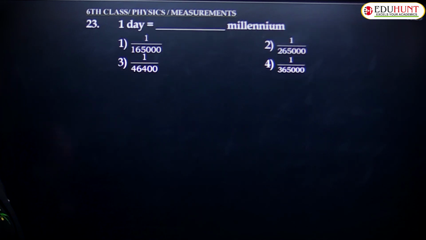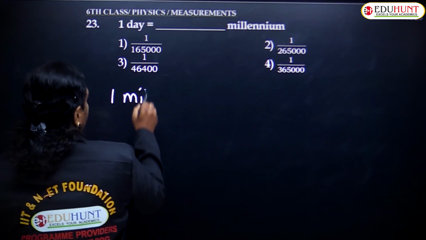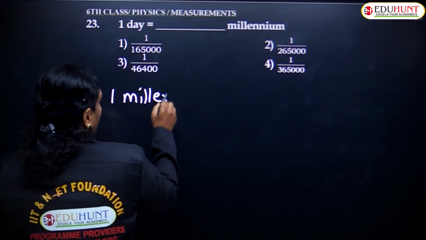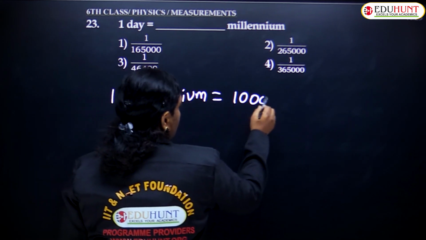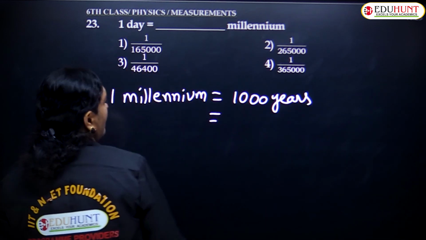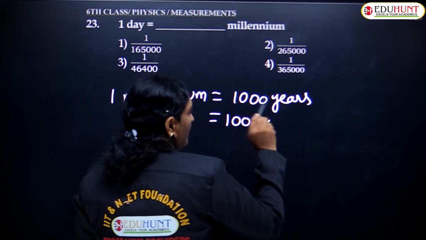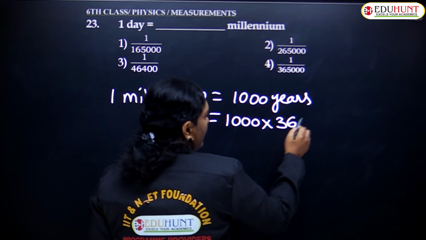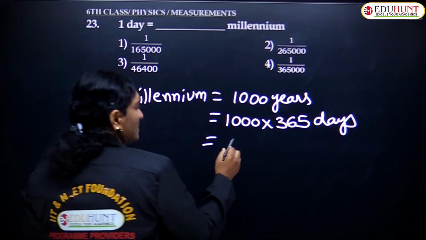1 day equals dash millennium. In 1 day, how many millenniums are there? We need to calculate this. We know, children, 1 millennium is nothing but 1000 years, as I said earlier. We want to convert it into days. So 1000 into 1 year, and we will simply take 365 days. So 1000 into 365 is